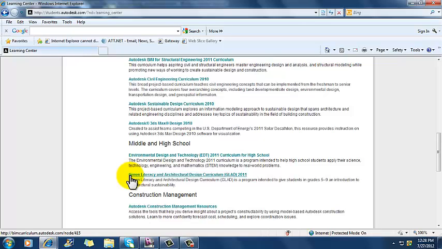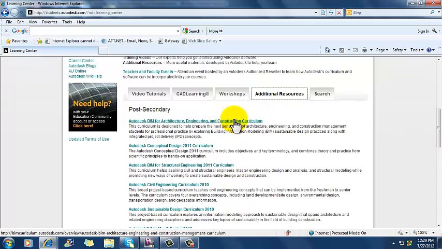Autodesk updates their software on an annual basis. So most of their software will have a year describing which version it is. Like for instance, today we're going to use Revit Architecture 2012, and they don't change dramatically from year to year, but there are improvements each year, and so you want to try to coordinate this with what's going on. The one that I use at the college level a lot is this top one here, which is Autodesk BIM for Architecture, Engineering, and